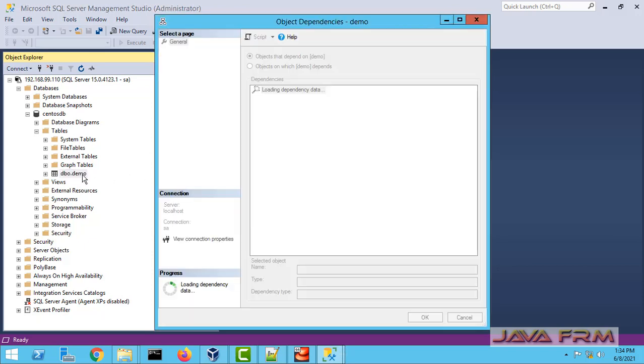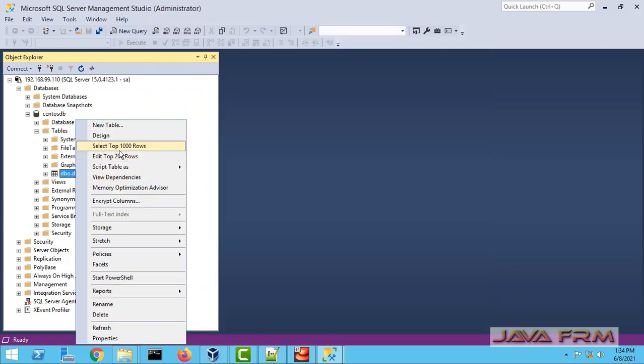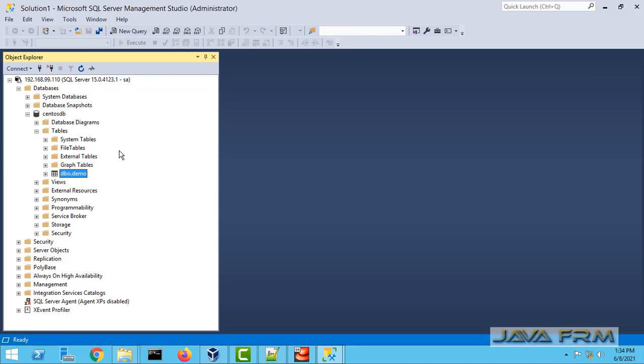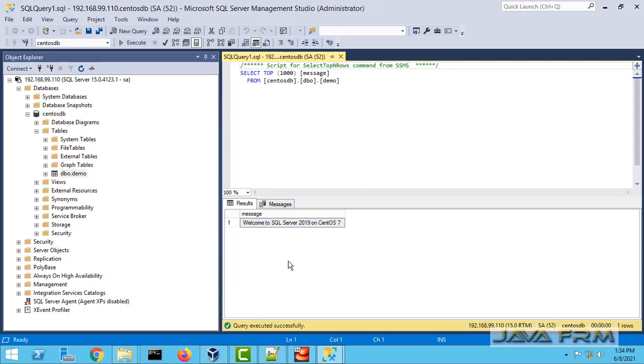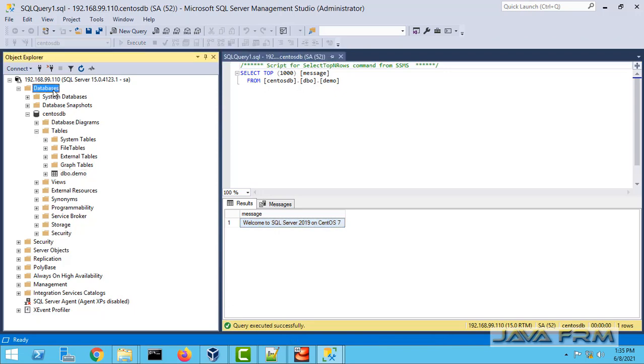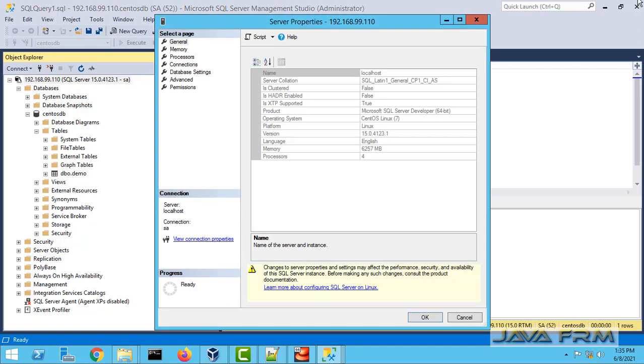Let me open. Yes, so everything is fine here. So I can connect from outside the CentOS 7 machine. Make sure that the ports are unblocked by the firewall.